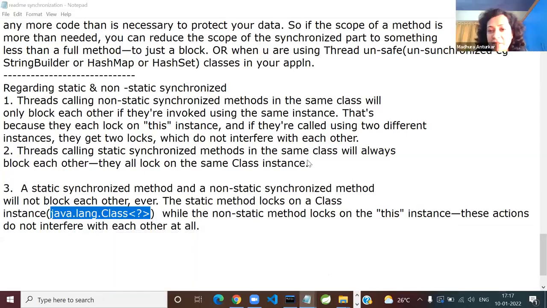The answer to that earlier question was they will not block each other because a thread has to acquire the lock only for calling a synchronized method. So one is static synchronized, fine, but the other one was static unsynchronized, so they wouldn't. And then there are 10 different combinations I can discuss over time.